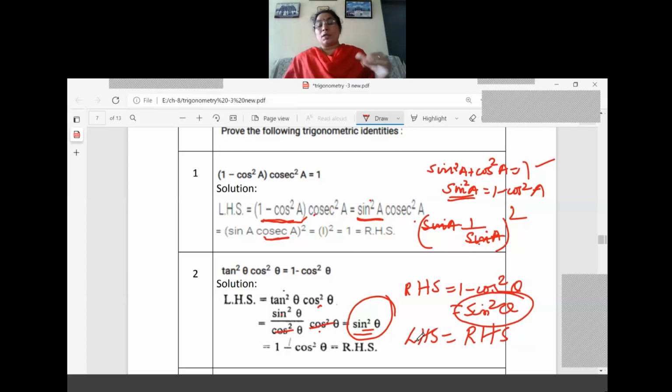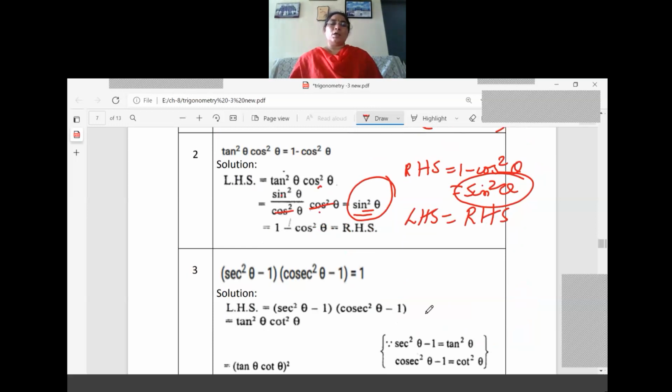So I think you got the idea how the questions are there. So we must know all the formulas starting from the beginning: T ratios, its formulas, and the reciprocal relation, then tan in terms of sine and cos, then we learned the complementary, then we learned the specific angles values. Finally, we learned the three trigonometric identities. So all these are coming in this exercise only. So all the formulas, every day at least one time you write, then it will be easy for you.